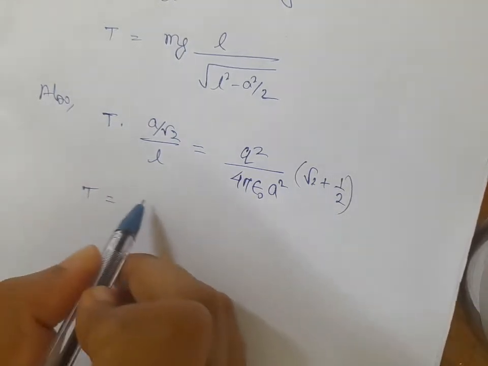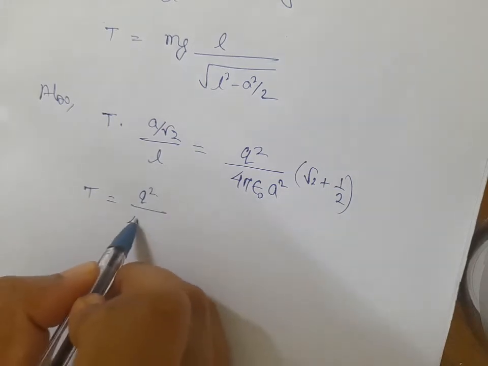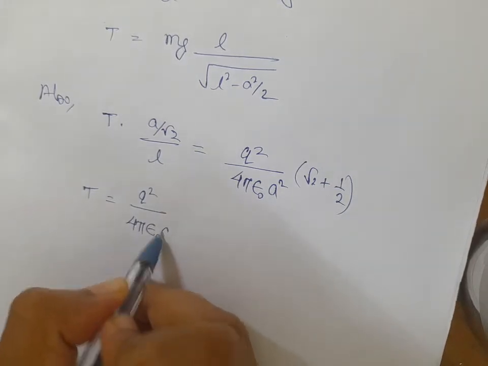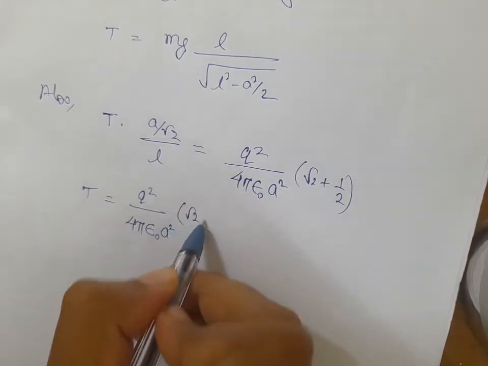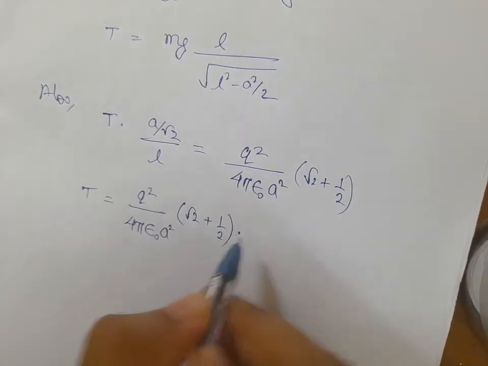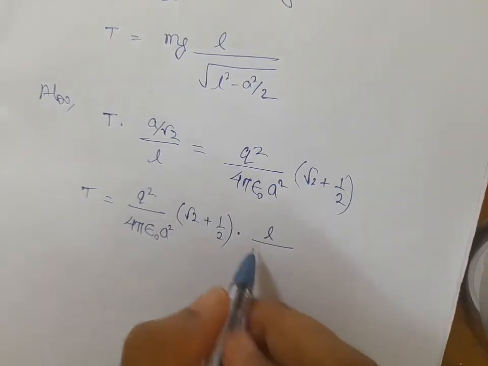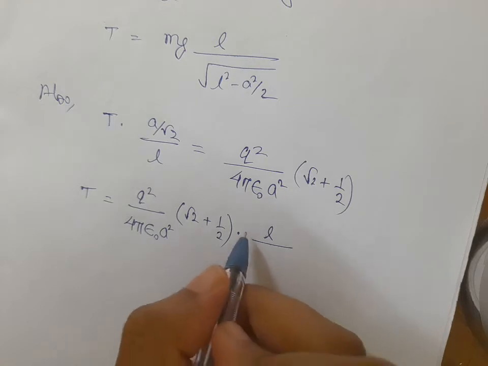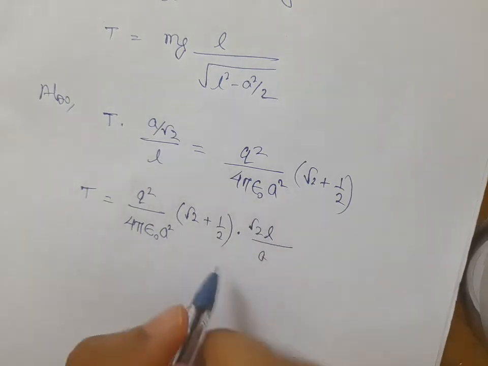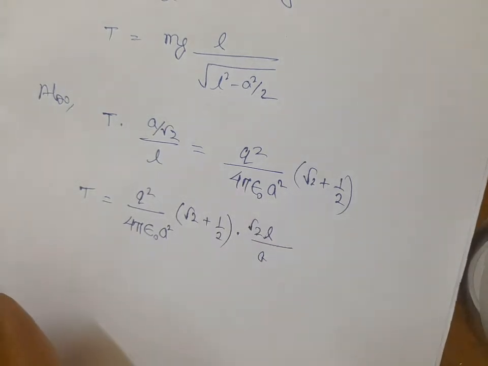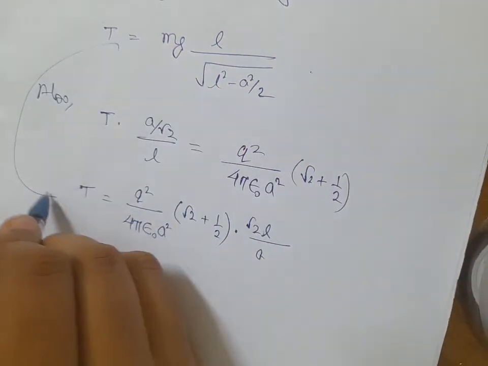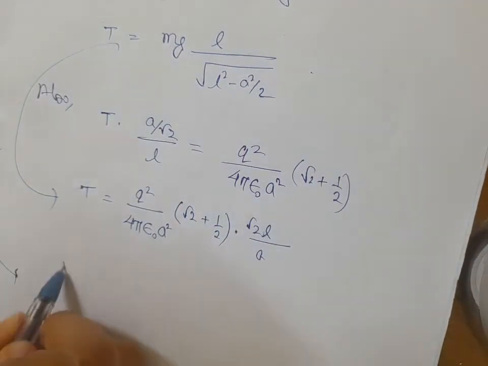So T is equal to Q squared divided by 4 pi epsilon naught A squared, (root 2 plus 1 by 2) into root 2 L by A. Okay, now equate these two, then you will get that